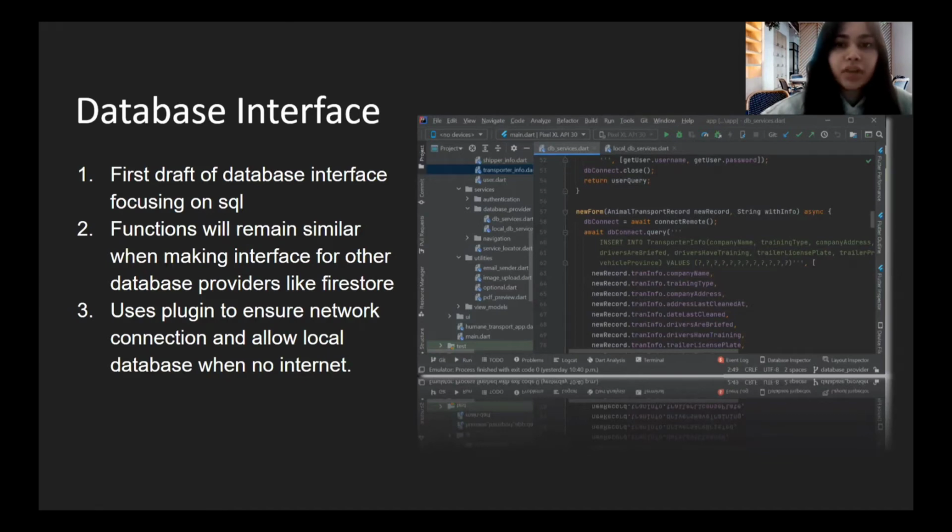All we need to do is change the queries for Firestore, and it will be good to go. All the plugins, like connectivity, that we are using to check if there is network available or not will also remain the same. Basically, our structure for the database interface is completed. All we need to do, once we decide which database we are going for, is set up the queries, and it